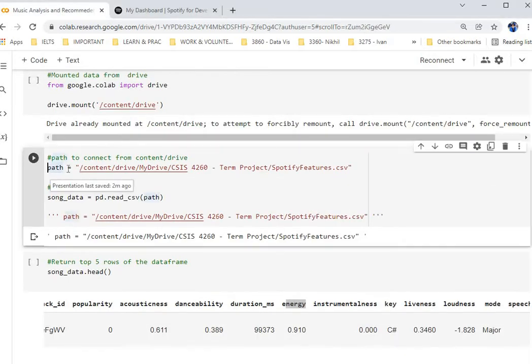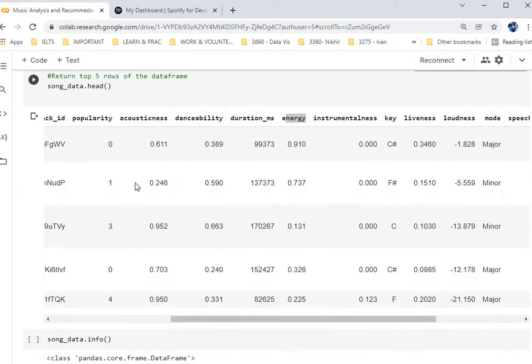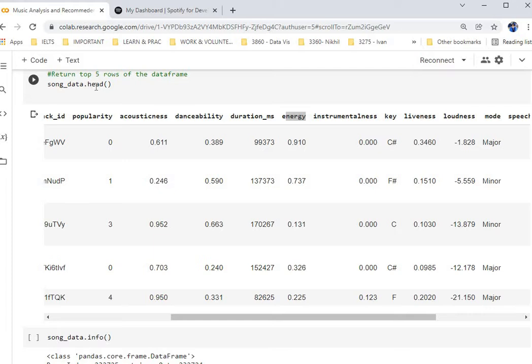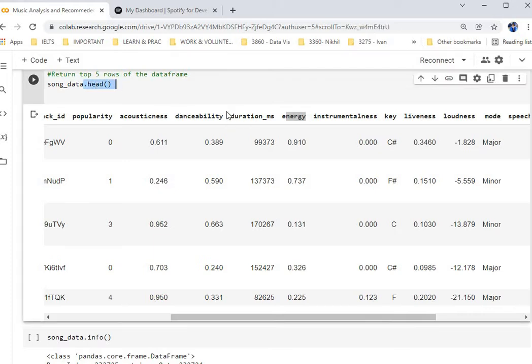You can use the path code to read the dataset, for which we already created a folder inside the drive of Google Colaboratory. And here we read the dataset with the head function, so it will return the top 5 rows of